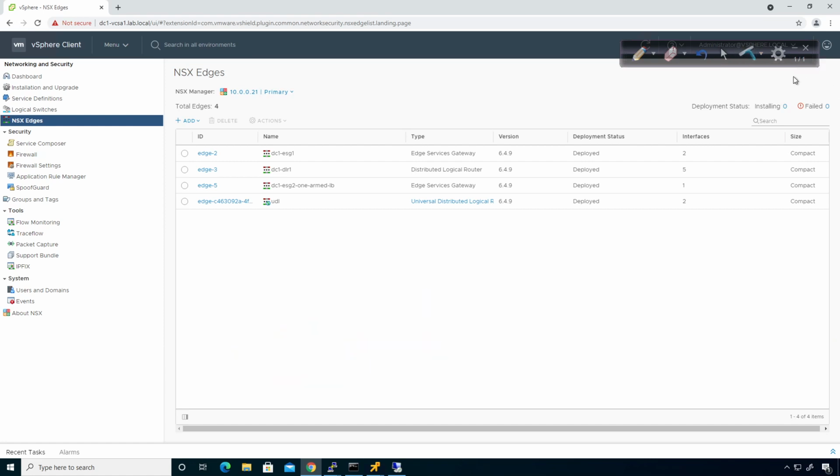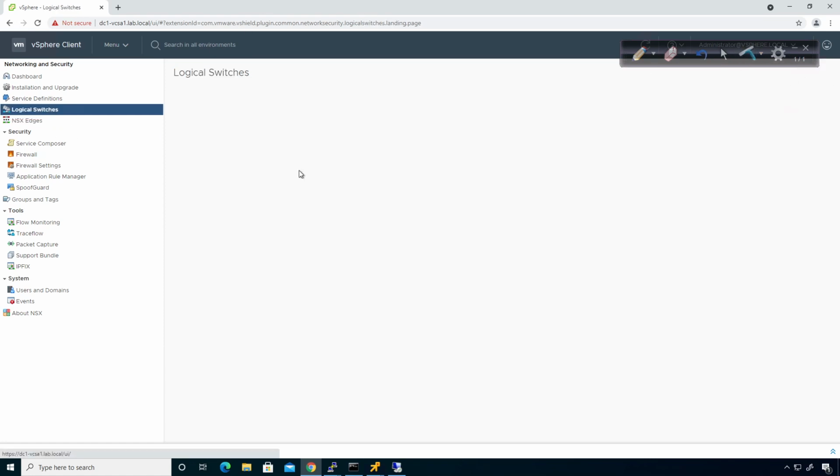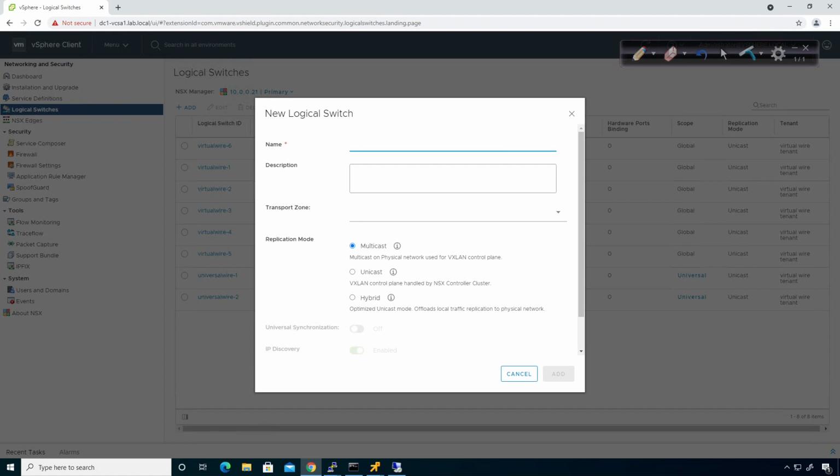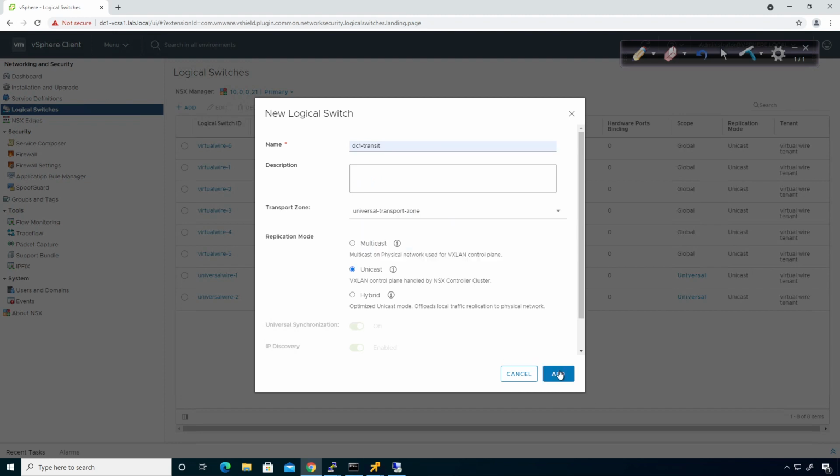The first thing I'm going to do is configure the logical switches that we're going to connect everything together with. On here I'm going to go ahead and create, add, and the name I'm going to give this is going to be DC1-transit. I already created this stuff so I know it works. I'm going to associate this to the universal transport zone. Click on add,